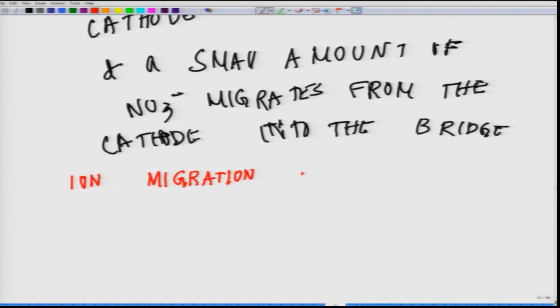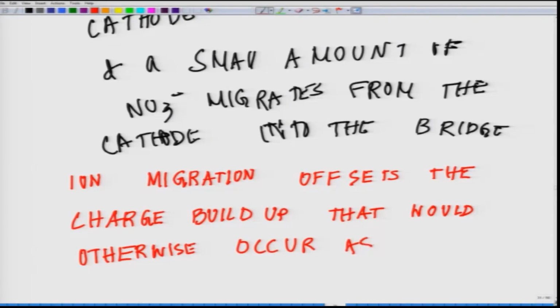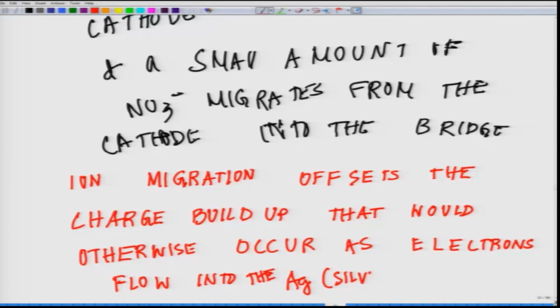Ion migration offsets the charge buildup that would otherwise occur as electrons flow into the silver or the Ag electrode,